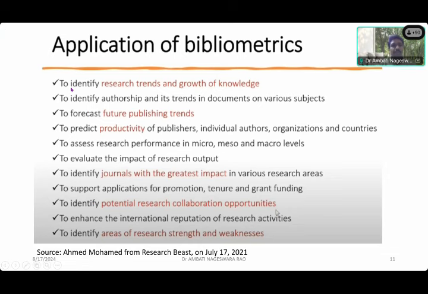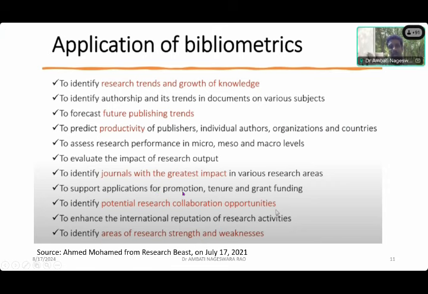Either you're going to talk about identifying the research trends and growth of knowledge in a particular domain, identifying authorship and its trends in documents on various subjects, forecasting future publishing trends, predicting productivity of publishers, individual authors, organizations, and countries, assessing research performance at micro level, macro level, meso level, evaluating the impact of research output, identifying journals with the greatest impact in various research areas,